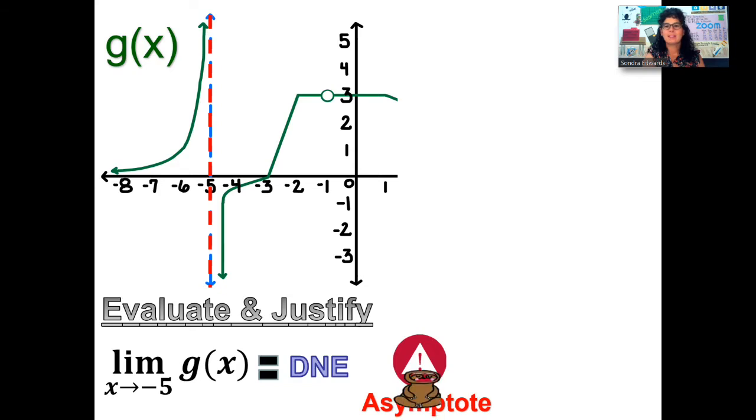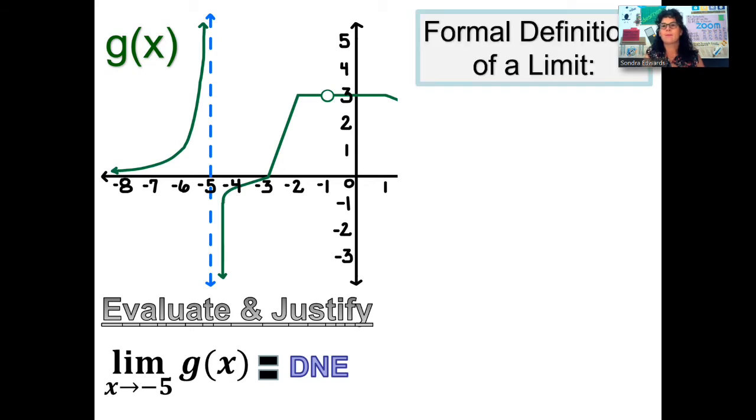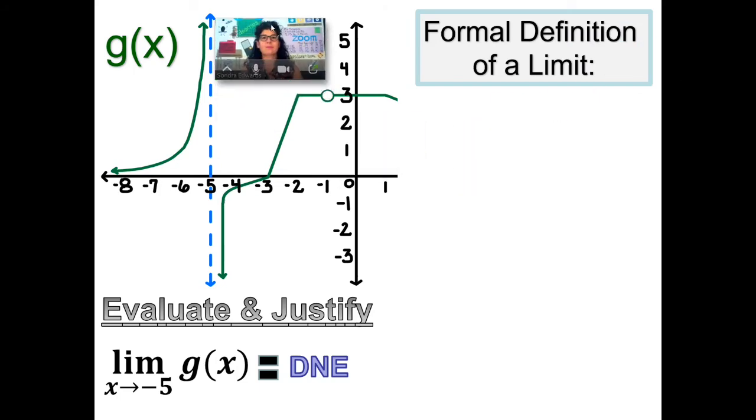But this is just that sloth definition. It is not okay to say the limit as x approaches negative 5 of g of x doesn't exist because I see an asymptote. What you have to write is the three-part formal definition. All right, so